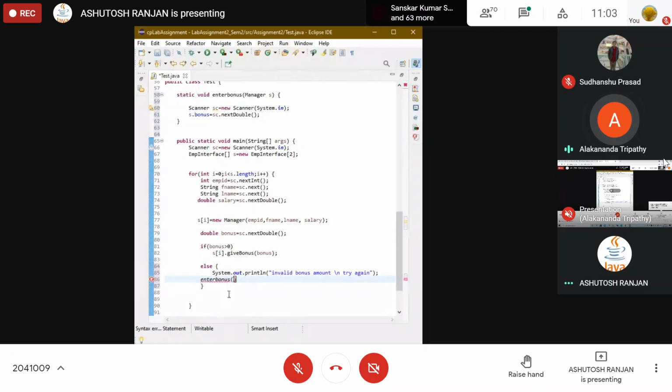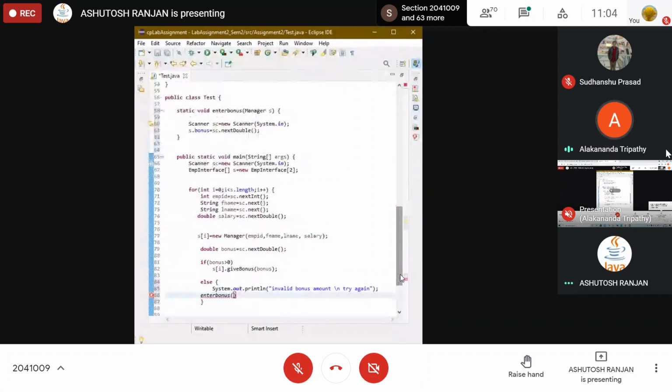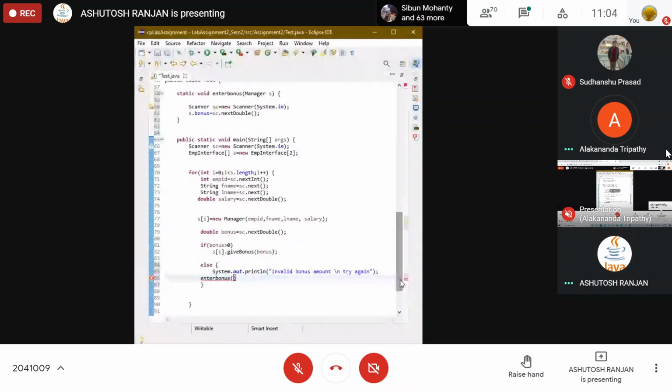अच्छा, तुम बोल रहे हो कि अगर बोनस का अमाउंट ग्रेटर देन 0 है तो ये हो गया, एल्स इनवैलिड। यहाँ पर लिखो टेस्ट डॉट, ये मेथड का नाम क्या लिखी, क्लास का नाम क्या है? टेस्ट। टेस्ट है, ठीक है लिखो। यहाँ पर अलग से एक मेथड क्यों बनाया हुआ? अच्छा ठीक है, लिखो टेस्ट डॉट टेस्ट, वो सेम मेन मेथड। हाँ ठीक है, बस एंटर बोनस लिखो, चलेगा? ठीक है।